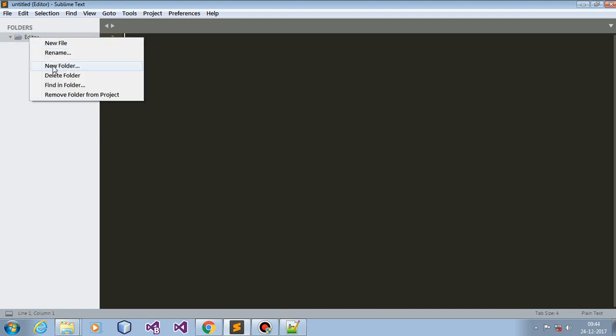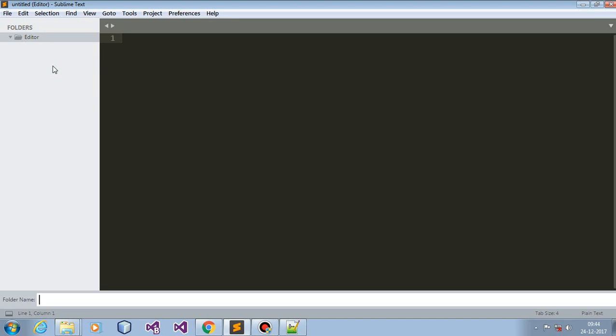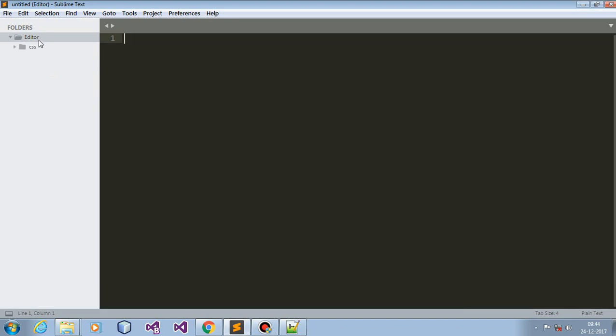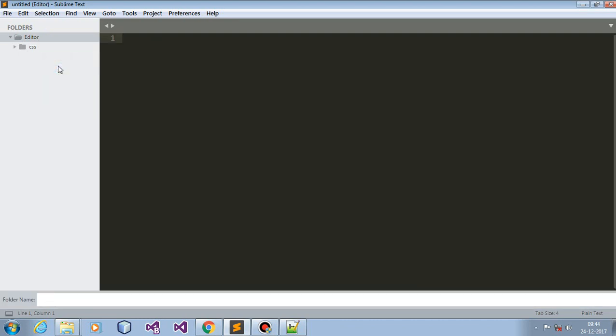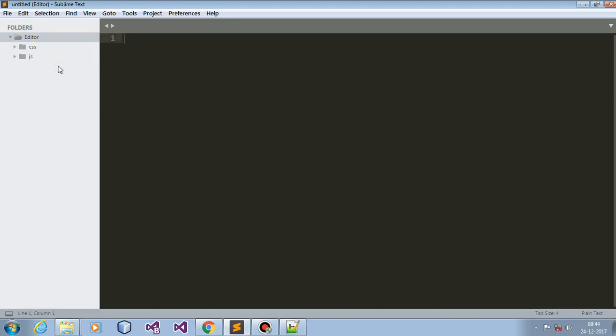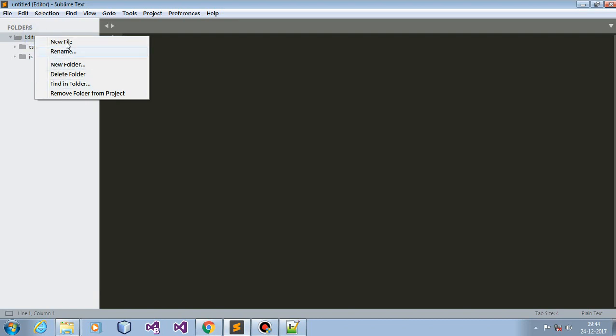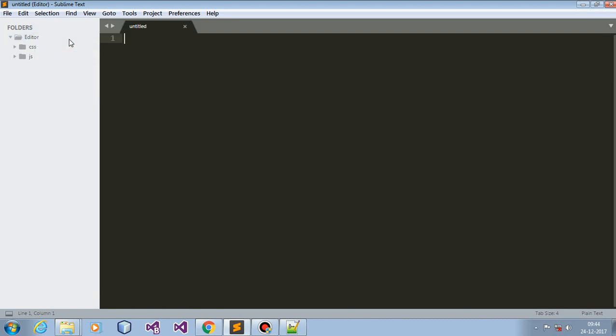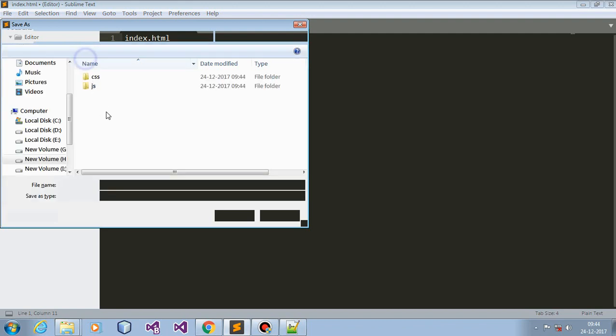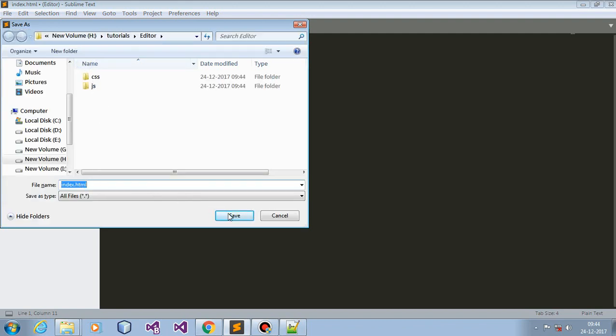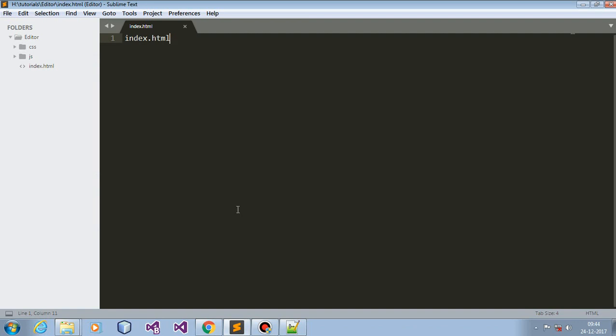So as you can see, here I have an empty directory. Inside this directory I will create two folders, one CSS and one JS. The CSS will contain style sheets and JS will contain our scripts, and I will also create a file called index.html, which is going to be our main file. So let's save it, index.html. So now it's saved,